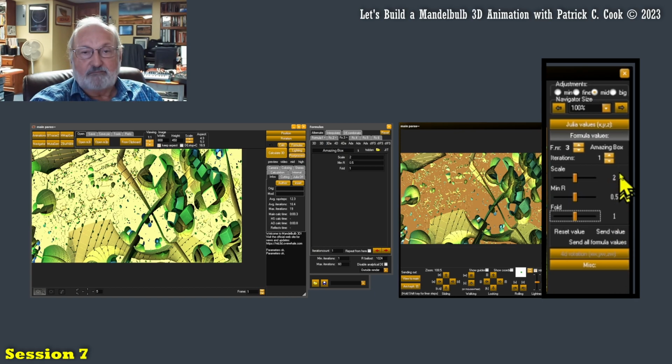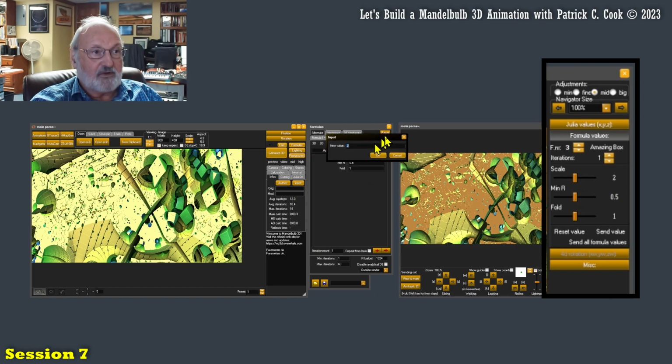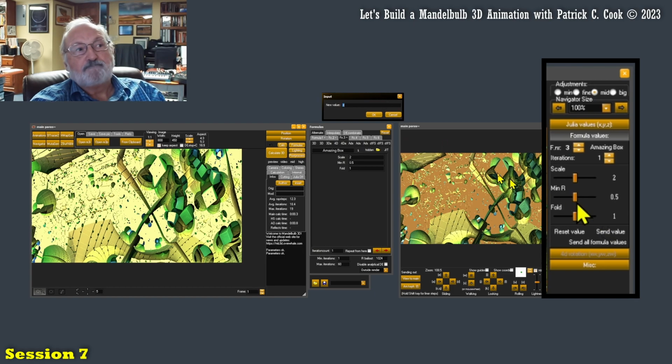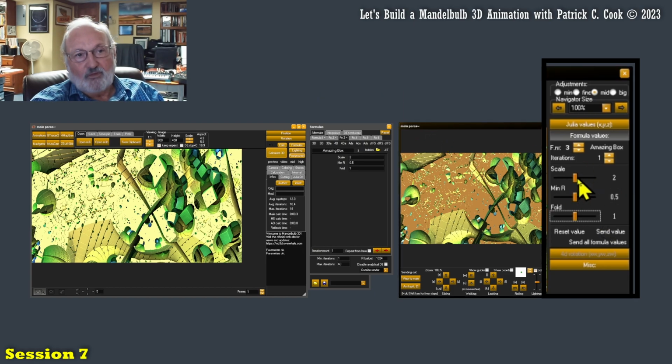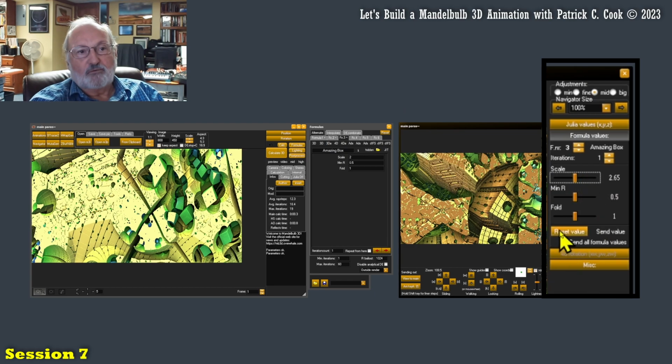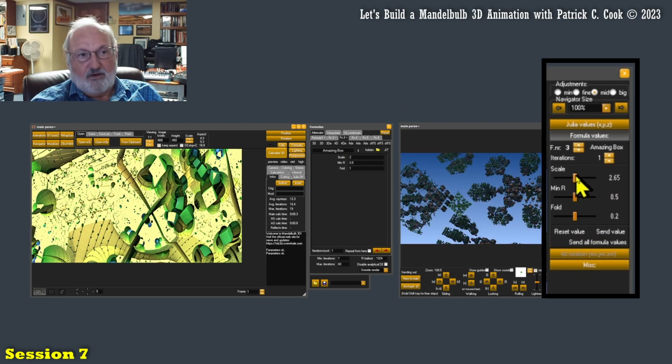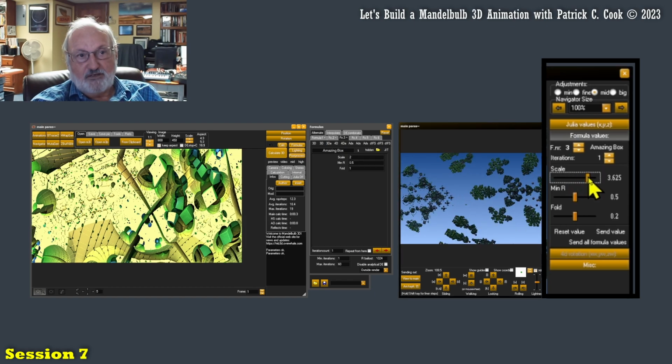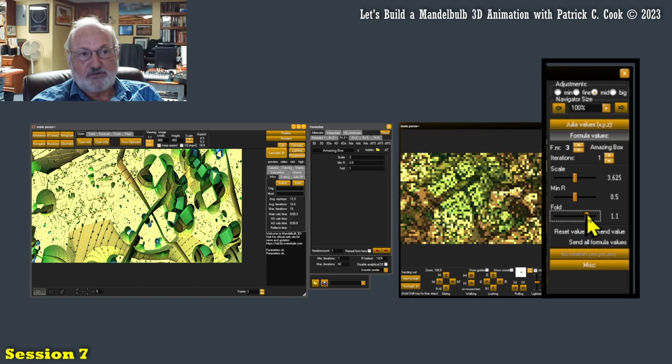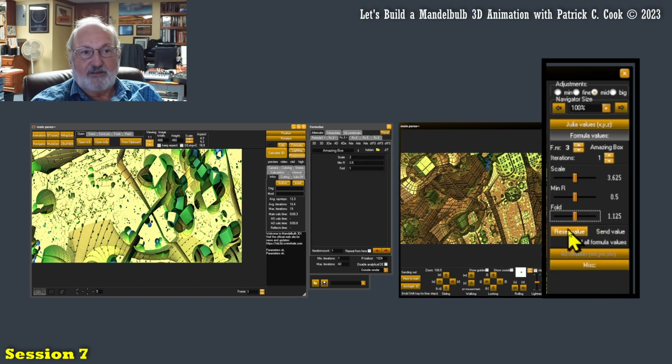And I want to re-demonstrate that your reset value only reverts the last property that you modified, whether you modified it with the slider or with the entry. Now, scale, revert. But now, if I were to change the scale and then change the fold, reset value,